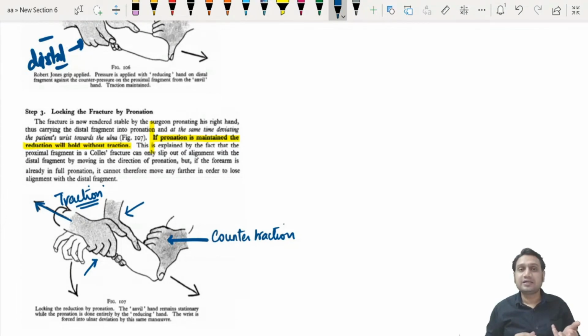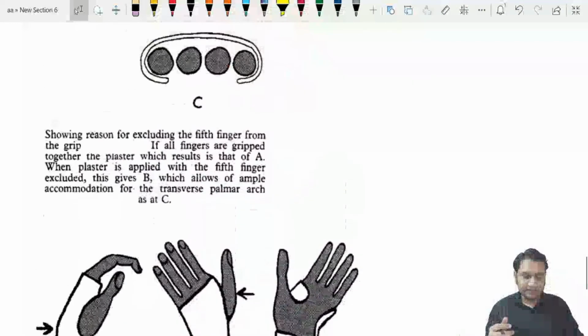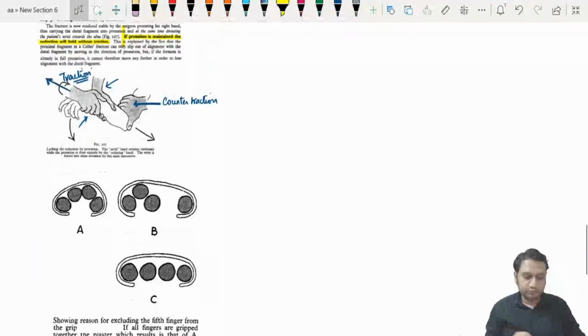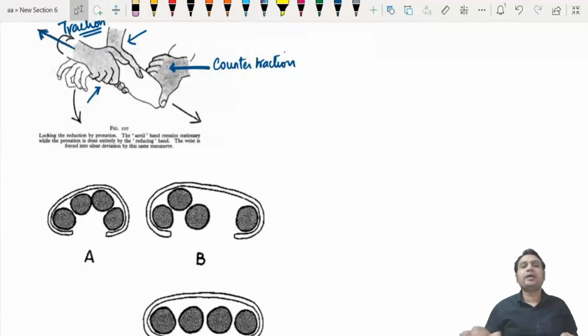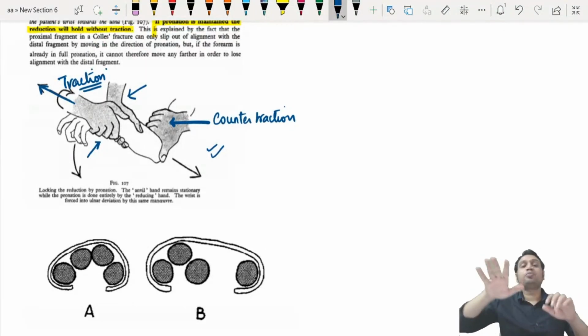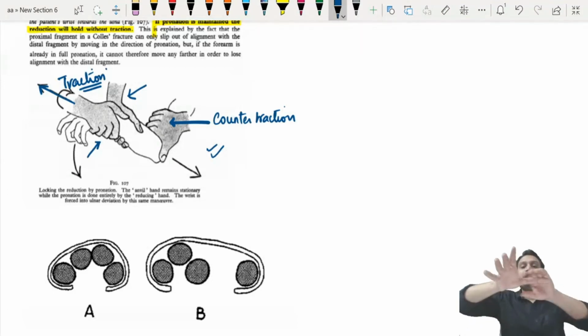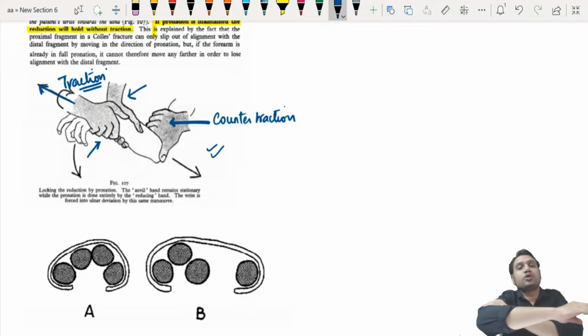Now the point is we have to apply the plaster, right? While the plaster is being applied, what the surgeon has to do is pull the two pieces of bone in different directions. How will that be done? It is done by pulling, you can say, the 2 points by one hand. Now you have seen this posture. The examiner will have to pull the wrist, the distal fragment. How? By holding the thumb with one hand and these 3 fingers with the other hand. The examiner doesn't hold the little finger, right? Because the counter traction is already being given by the assistant.